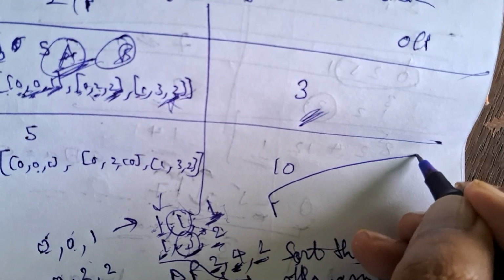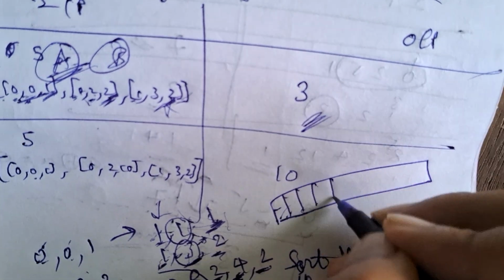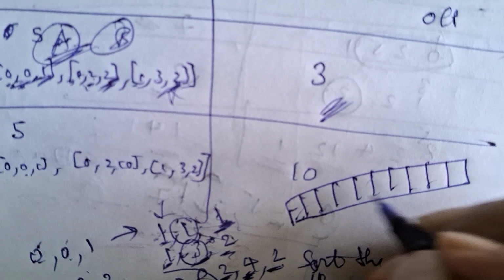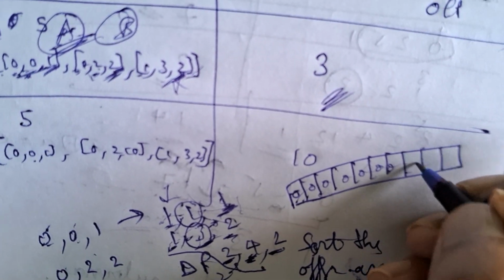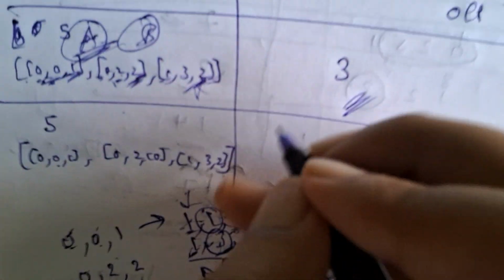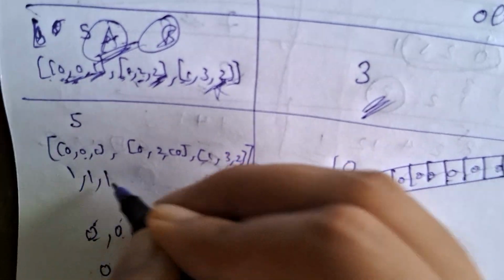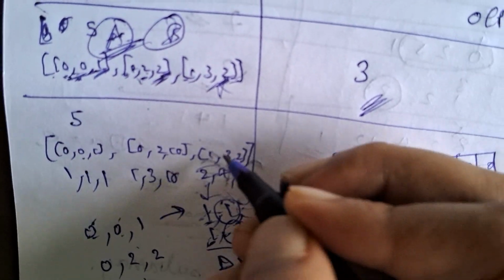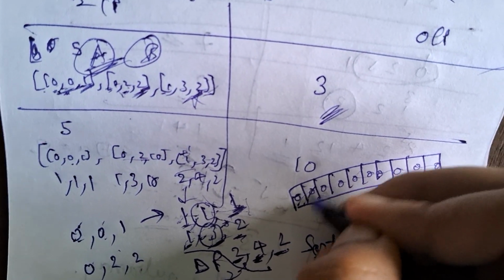Okay, so initially dp is going to look like this: 1 2 3 4 5 6 7 8 9 10. Everything in this is 0 initially. For the first case, we are going to first rewrite it as 1 comma 1 comma 1, 1 comma 3 comma 10, and 2 comma 4 comma 2, because I told you that we are going to plus 1 these two positions, for everything. So 1 comma 1 comma 1, this is going to be rewritten as